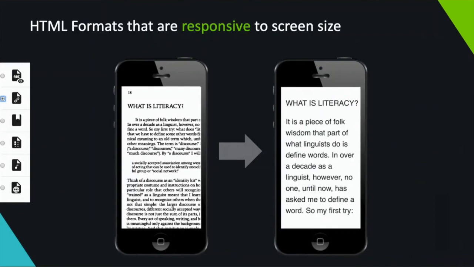So thinking about those students, again, that low-income learner, or the student who breaks his or her computer the week before finals, they're in a pinch, they're using that phone. This is going to help them ensure that they can stay on task.